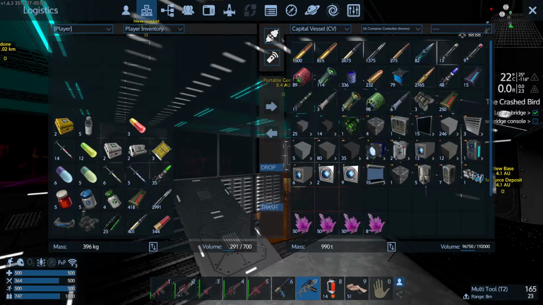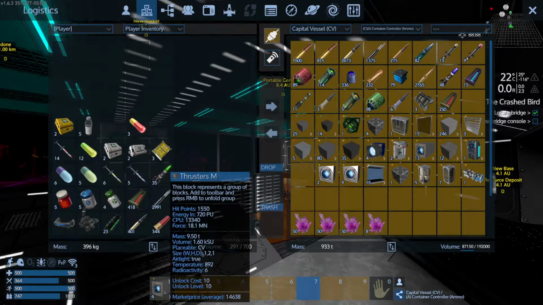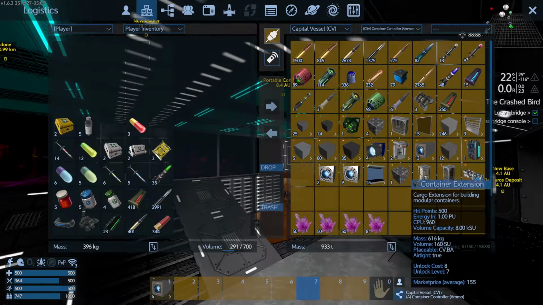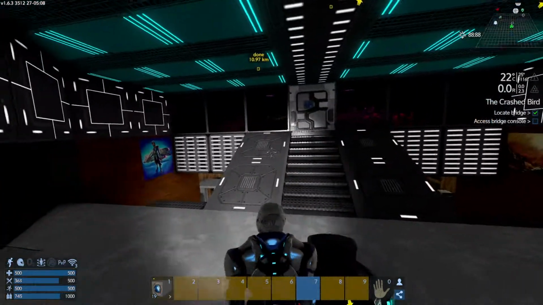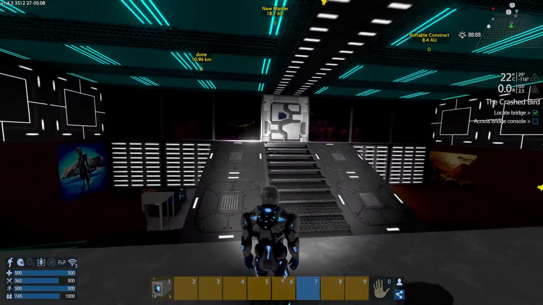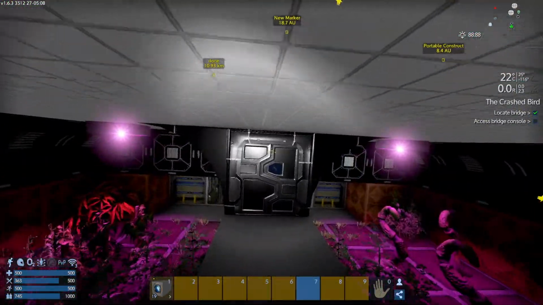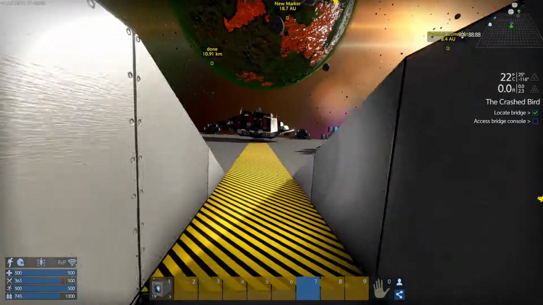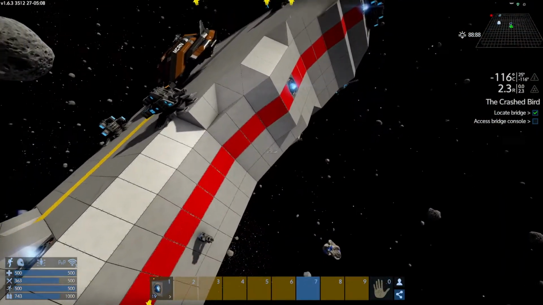If I go to supply ammos, I've got 6 of these medium thrusters. I think I've got more than that actually. Got another 13 over here. So we've got 19 additional thrusters. So it's not like we've got a shortage of thrusters. We've got the capacity to put things in. And I think what we'll do is...